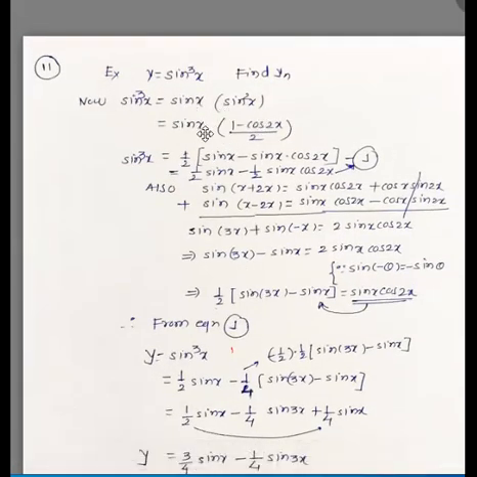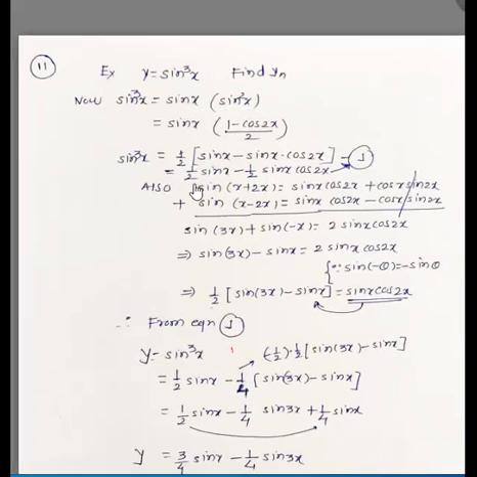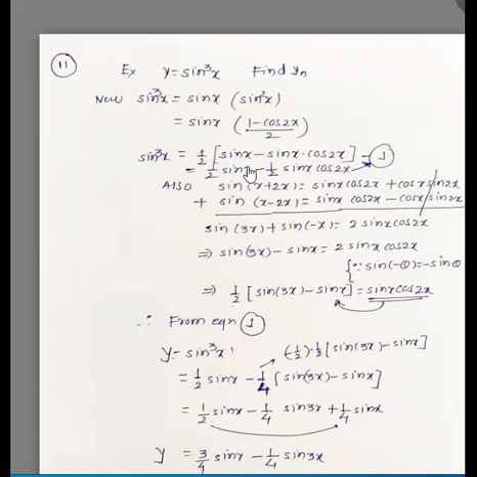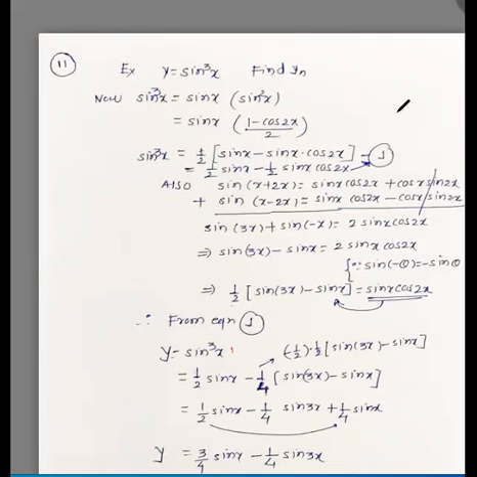So we can write it as sin x into sin square x. This half is common, and sin square x is (1 minus cos 2x) upon 2. This half we take, the constant is common. Then it is sin x multiplied by 1, which is sin x. Then sin x into cos 2x is this term. Right. Now we want sin x cos 2x.